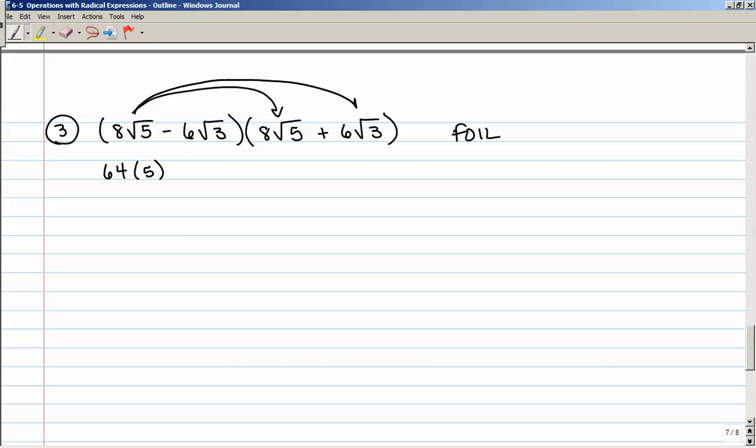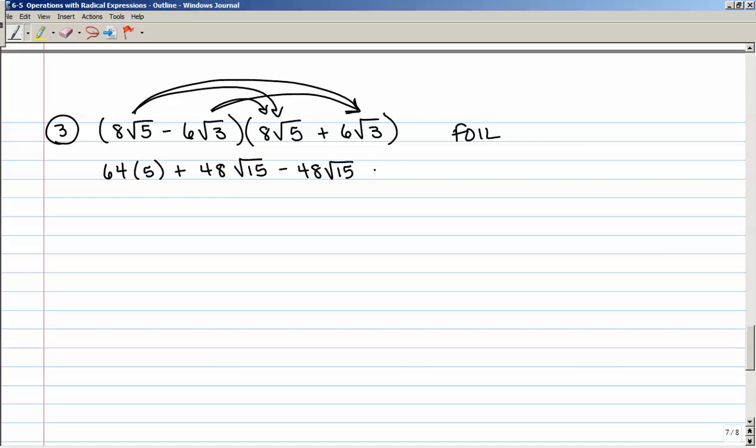Outer, that's going to give me positive 48 square root of 15. Multiply the 8 and the 6, multiply the square root of 5 and the square root of 3. Inner is going to give me a negative 48 square root of 15. And then doing my last,